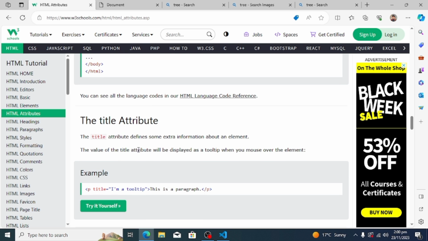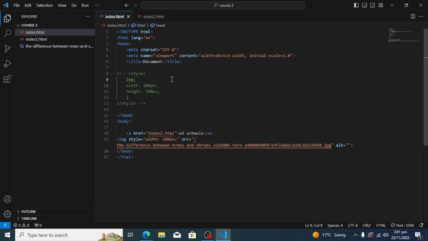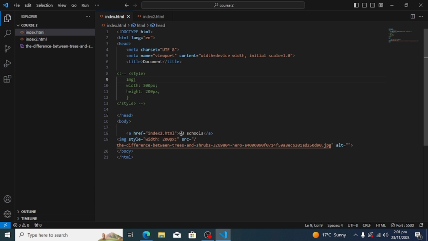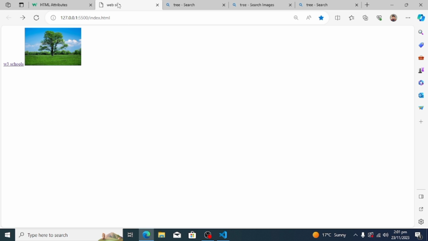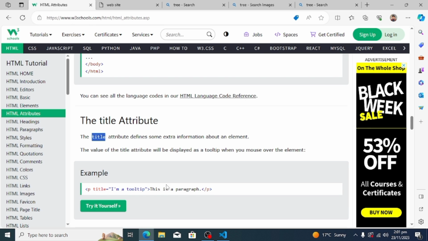And this is the title attribute. This is the title attribute, in the starting tag. You can write an attribute in tags. So look, the title shows this one. Look, here it is written document. This is our title, document. We can change it. Like I will change it to website. I changed it to website. So now look, the title has changed from document to website. So you can change it like this. And another attribute is